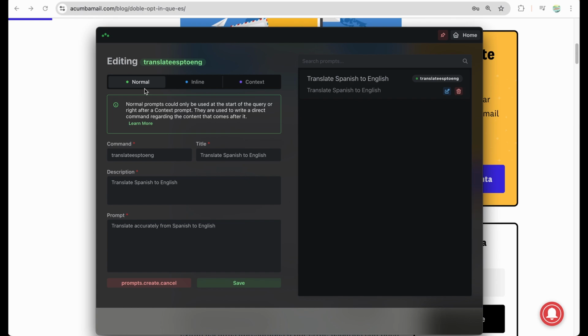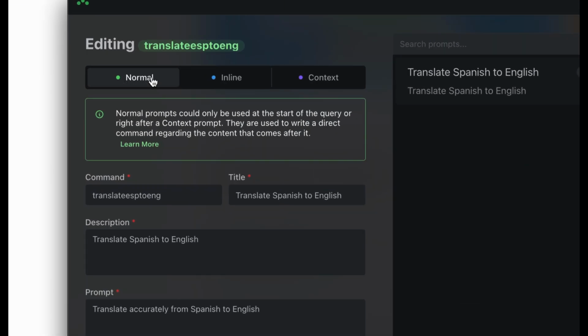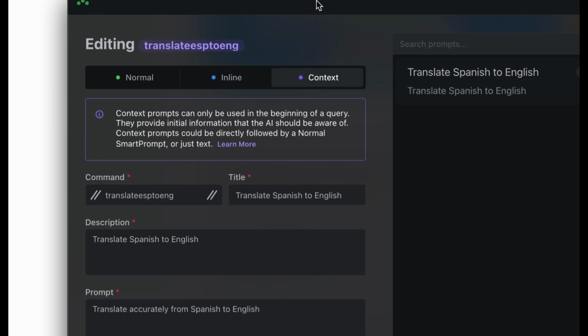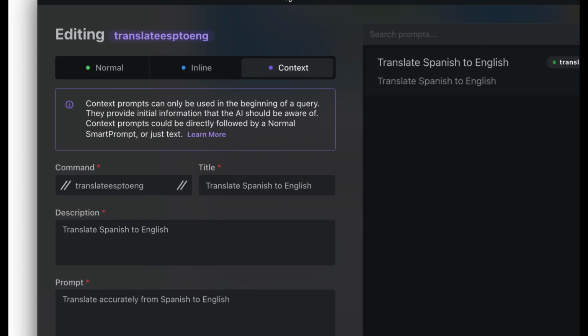And your custom prompts can be of 3 types. The normal one that I've just shown you, those appear at the beginning of your prompt. Those can be inline, so you can create more complex prompts. You can start typing something, then type 2 forward slashes, add your prompt, and get the results that you need. And another way to use custom prompts is just to provide additional context. Maybe you can save the list of the places, and then when you type a prompt, you can bring that